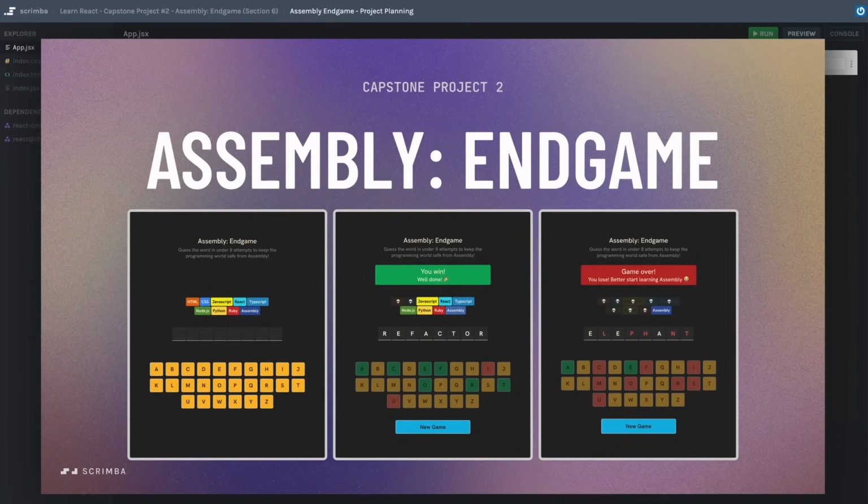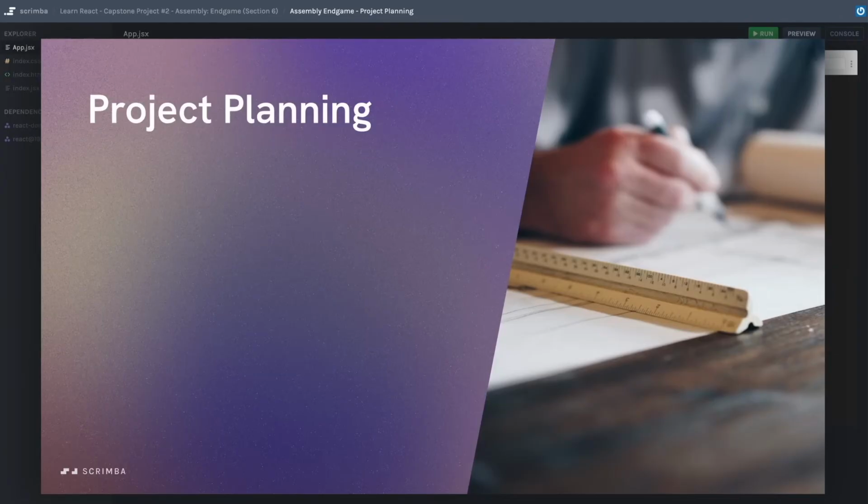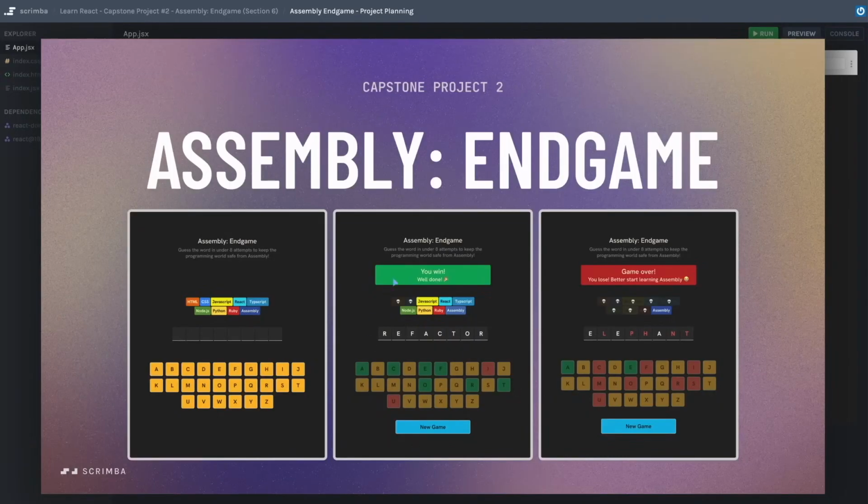So before we code anything, I wanted to take some time to do a little bit of project planning together, and my hope is that it will help set a good direction for you as we go through the next series of challenges that we have. So I have a few questions that I came up with, and these are certainly not the only questions that might help you plan your project ahead of time, but one of the things that I like to ask myself, especially when we are given a design like we have here, remember you can click on these screenshots to go to the Figma design so you can inspect all the specific details of them.